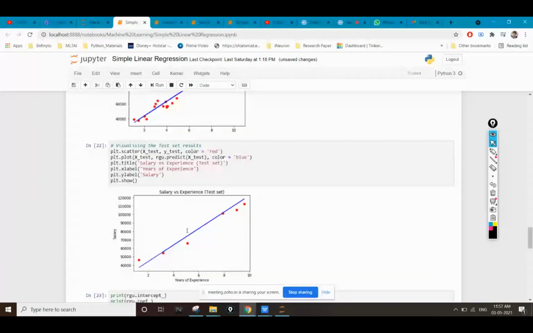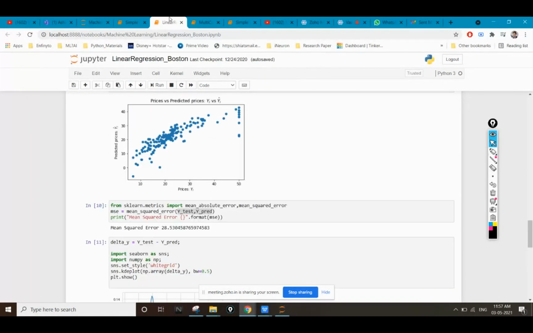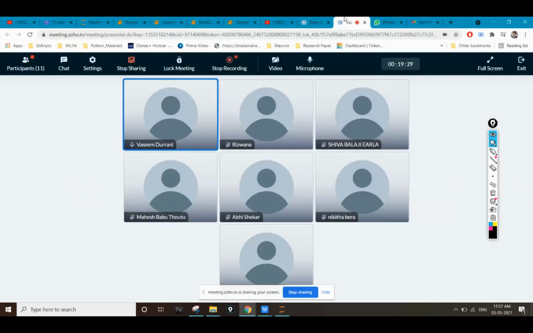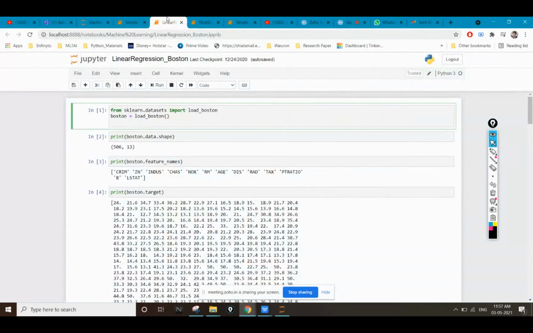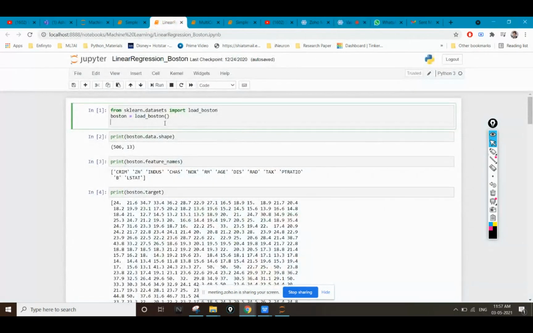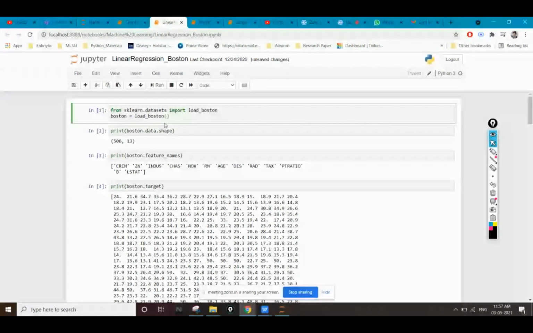But when we try to apply this on an actual data set, let's see. This is the data set I have given you as an assignment. I think most of you have submitted the assignment. Now let's check what the error is that we are getting from this linear regression part on this actual data set.